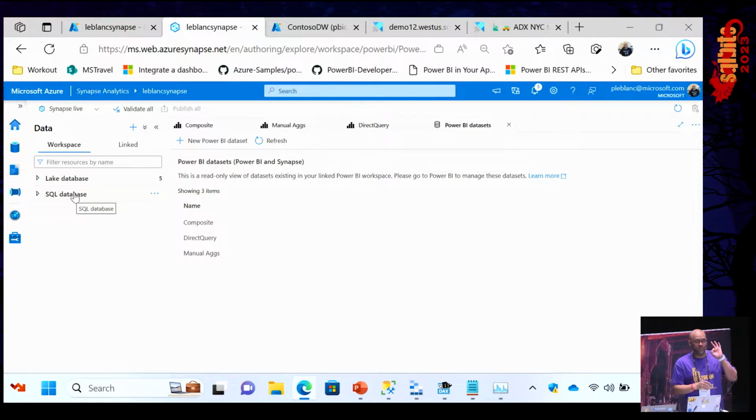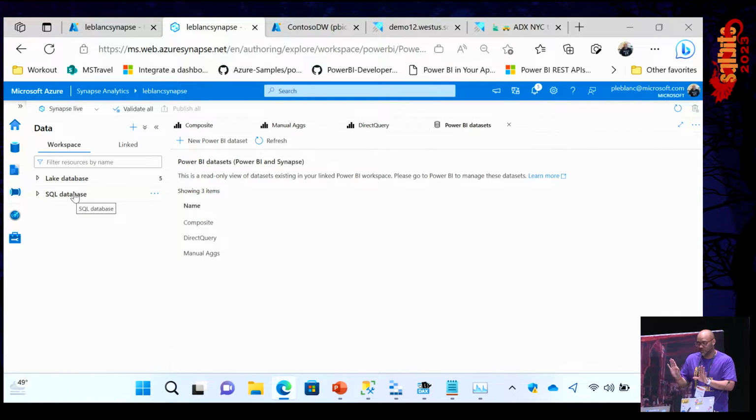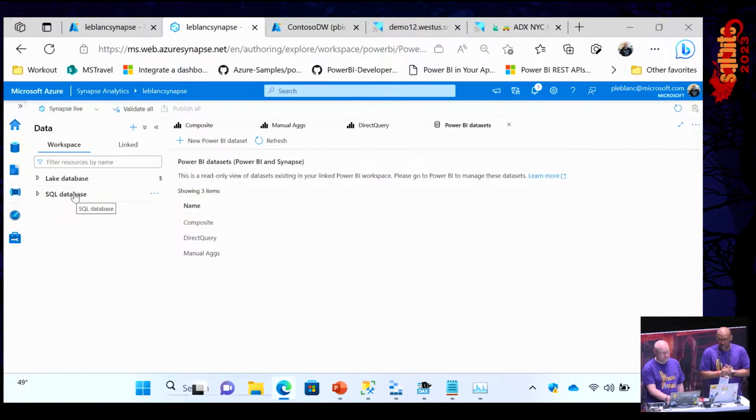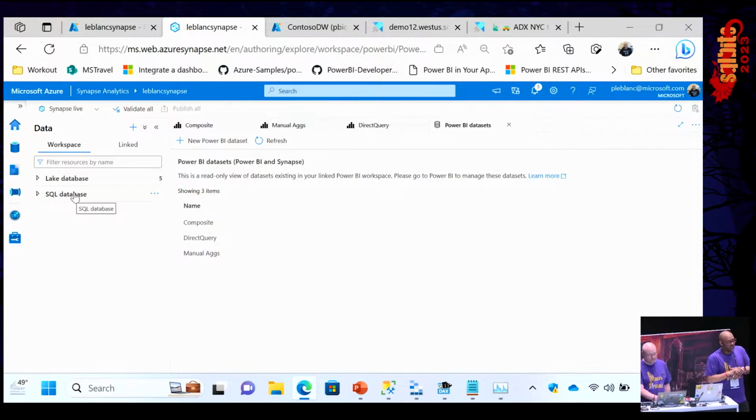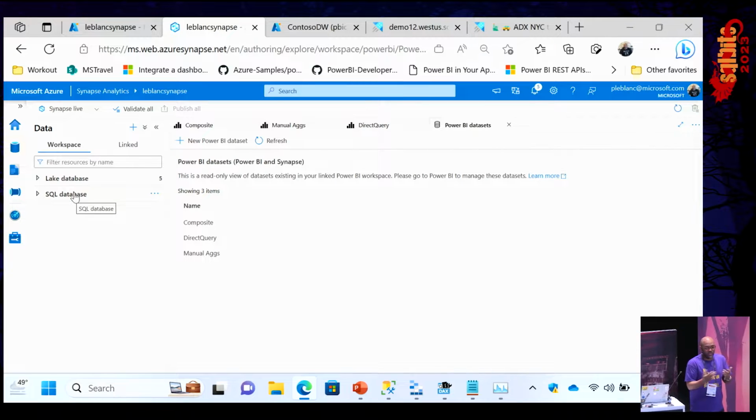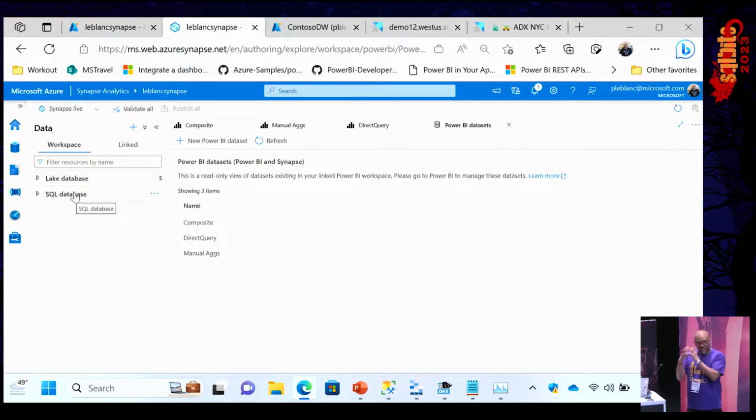But the interesting thing about this is when you create that SQL database, it says, hey, do you want a dedicated SQL database or a serverless SQL database? The serverless SQL database, in my opinion, Adam, this is just my opinion, I think it's going to take over the world. It's going to change everything. If you think about your data warehouse today, what do you do? You create a fixed schema.